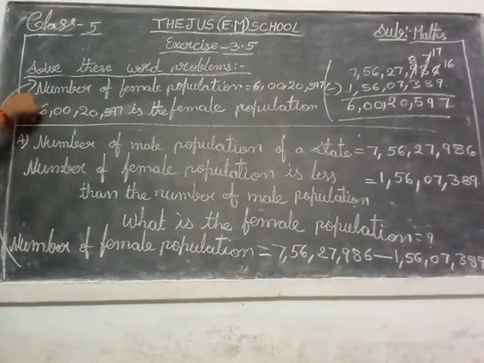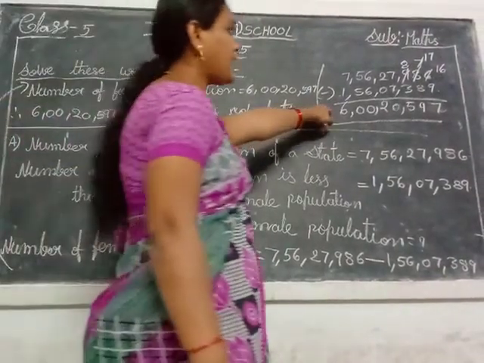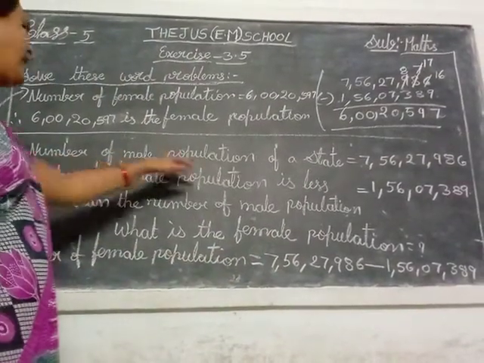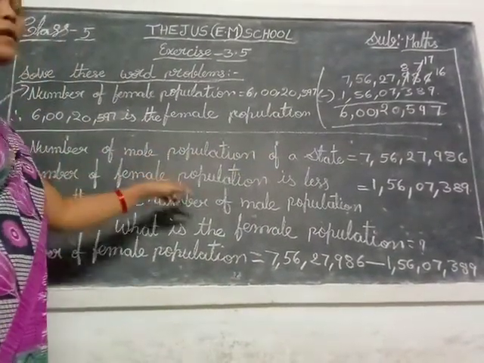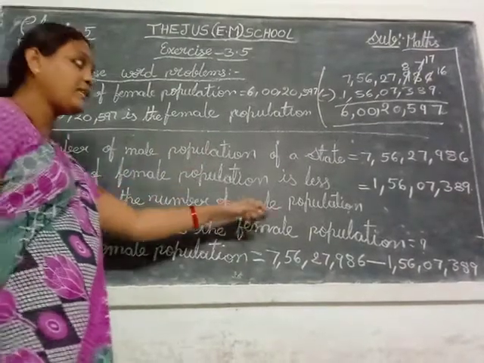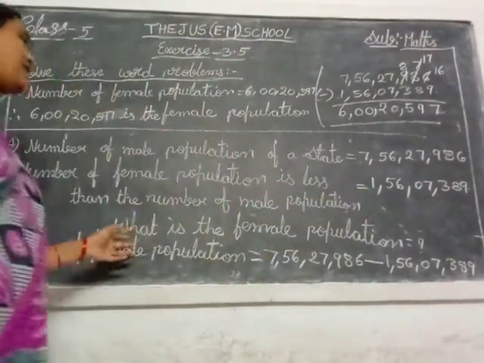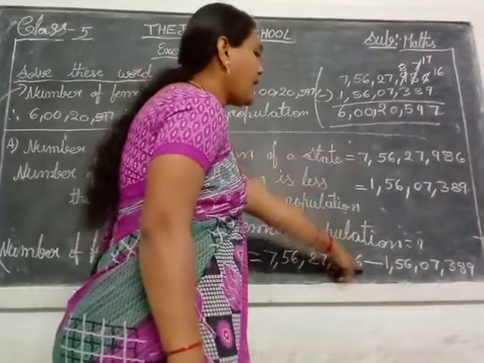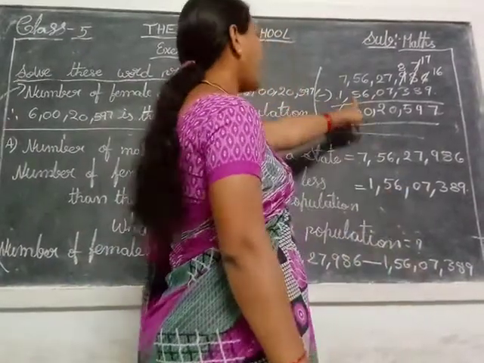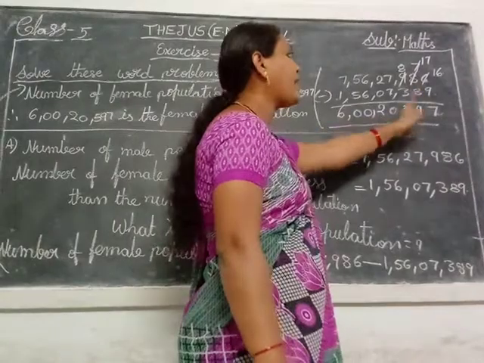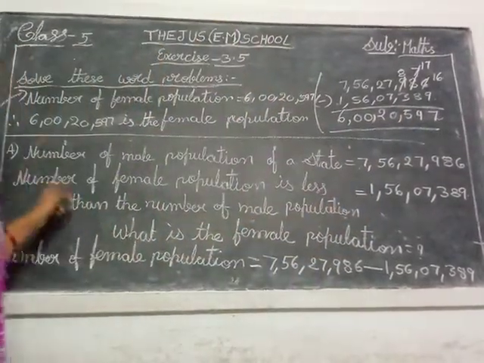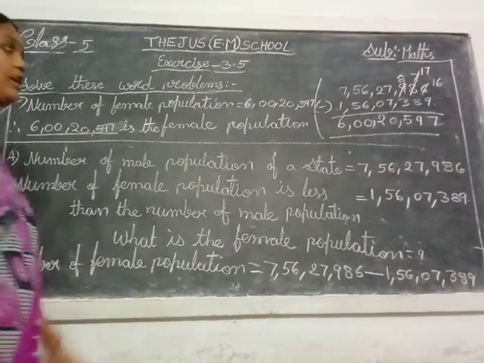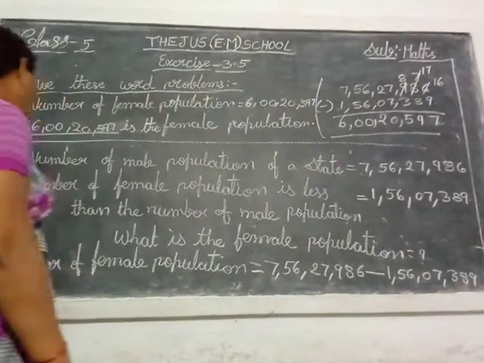Okay, after this you write this one. And you do the subtraction also in your notebooks, on the right hand side rough place. You do that subtraction in that place. First, given the number of male population of your state, and the number of female population is less than the number of male population by the given number, and you find out what the female population is. So number of female population is male population minus the less amount. You do the subtraction. 6 crore 20,597 is the answer. So that is the female population. 6 crore 20,597 is the female population. Okay, after this step you write this step.